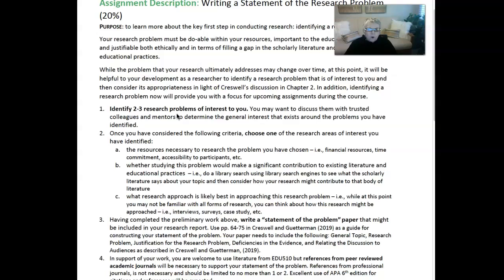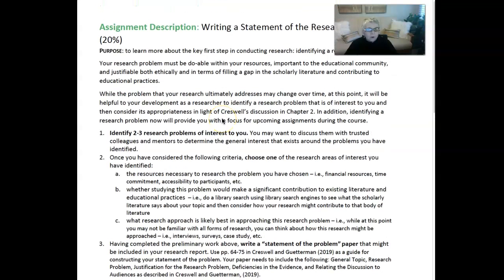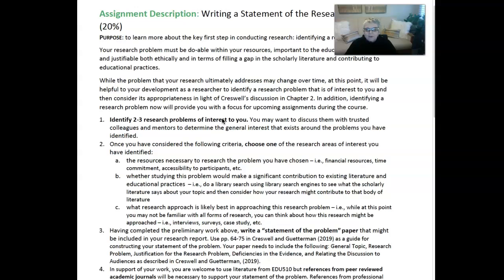And in terms of the process, first of all, you'll perhaps think of 2 or 3 research problems that are of interest to you. You may want to discuss them with trusted colleagues, mentors, friends, family, your spouse, etc., to determine the kind of interest that there is in the educational community, or perhaps in the community itself around that educational entity, the school or whatever, about a particular problem that you're interested in, or a series of problems that you're